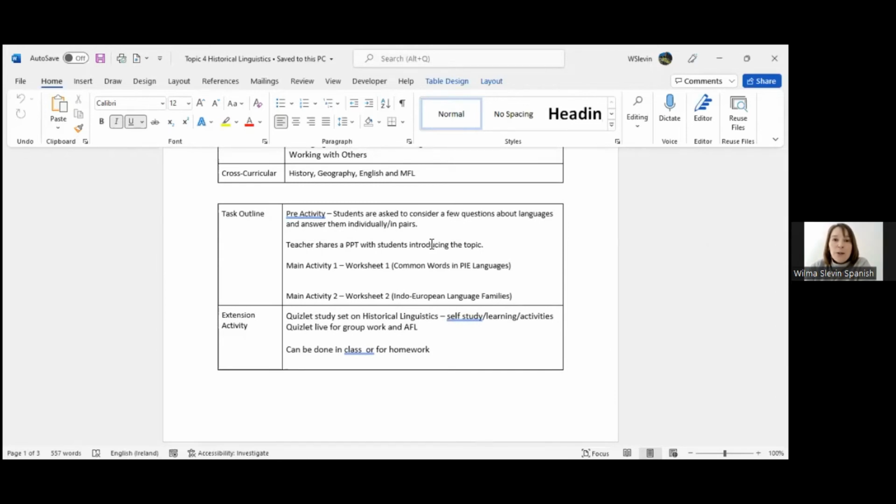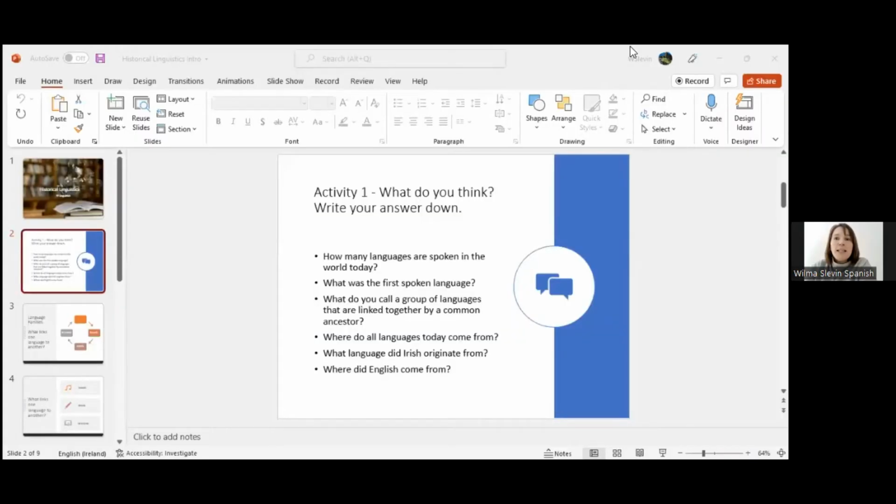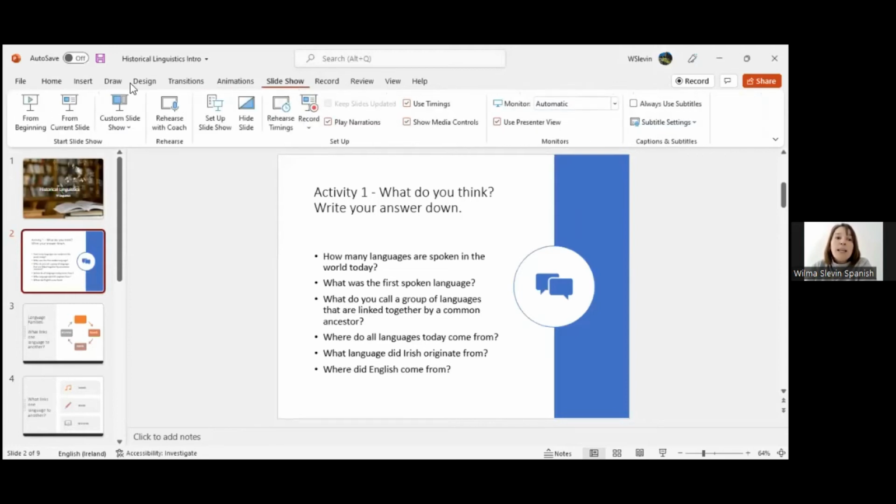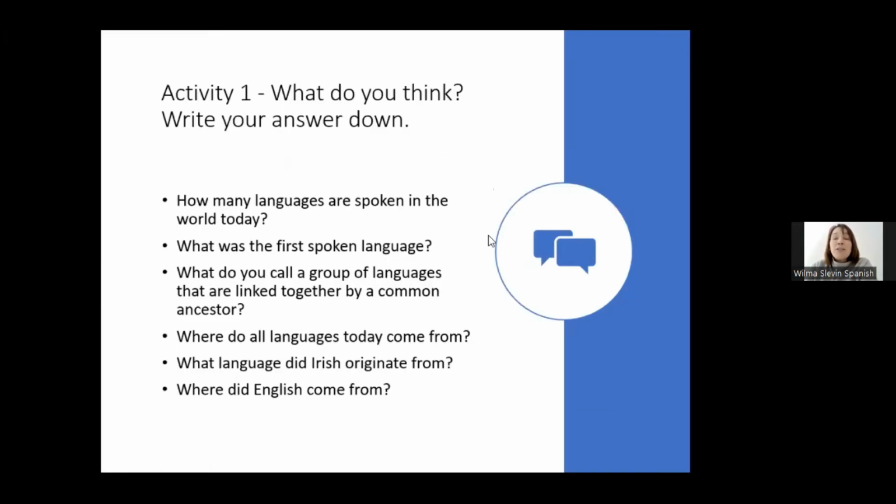Okay, so I'm now going to share my PowerPoint with you. If I get the right one. So this here is what the PowerPoint will look like. We may change things slightly. That is one of the things we're going to say to you: the format of these modules at the moment, and the layout, sorry, the content as well, will slightly change as we tidy it up and edit it over the next while. But again, it's just to give you an idea.